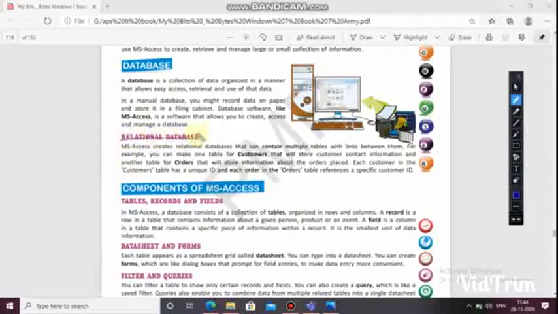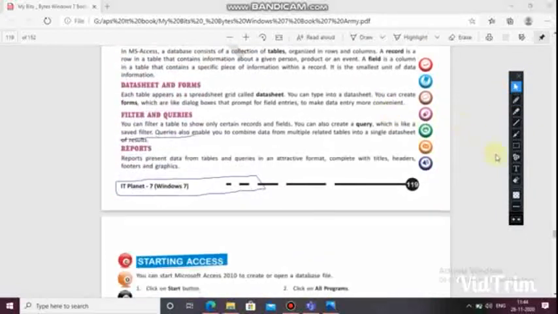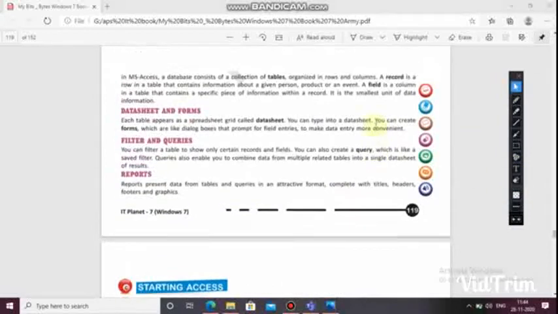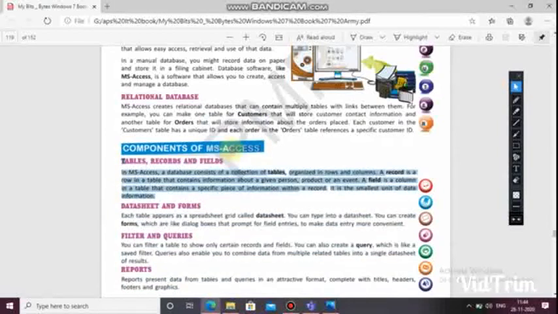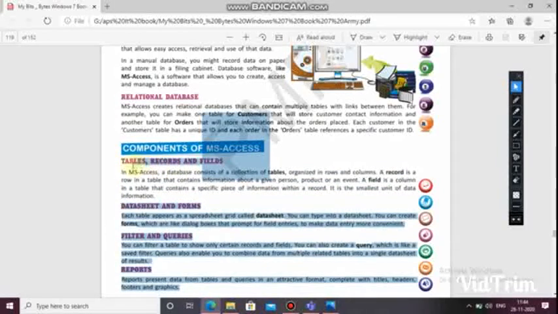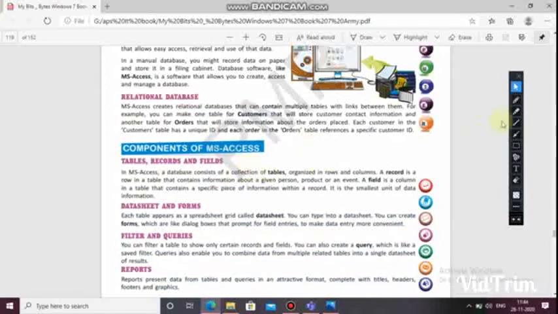Okay, now components of MS Access. We will talk about the components of MS Access. What are the components? Let's see. The first one is tables, records and fields. So what are tables, what are records and fields? In MS Access, a database consists of a collection of tables organized in rows and columns.